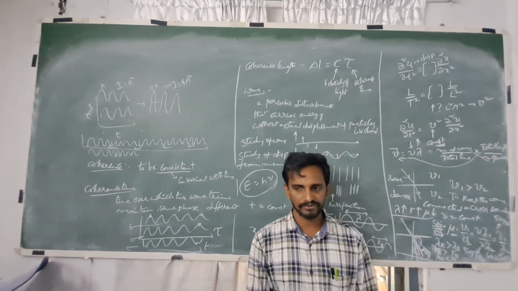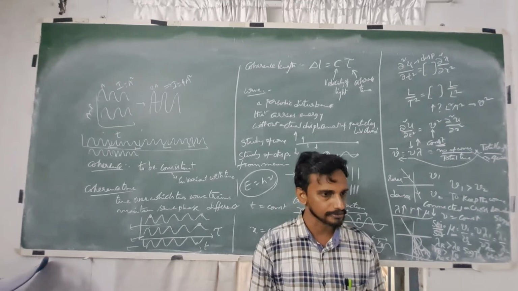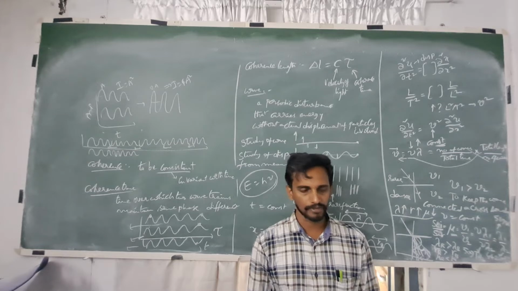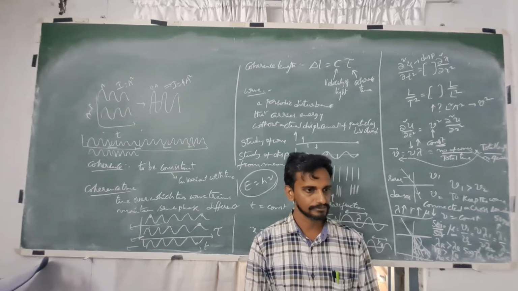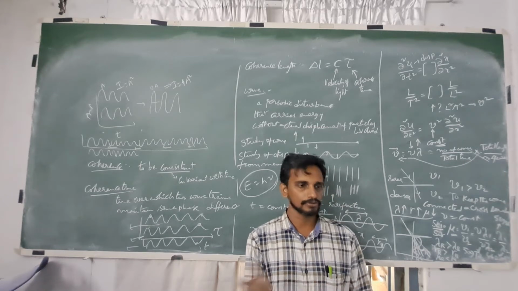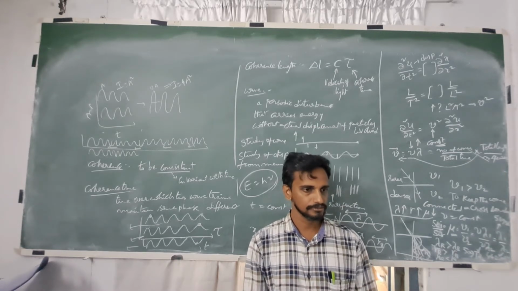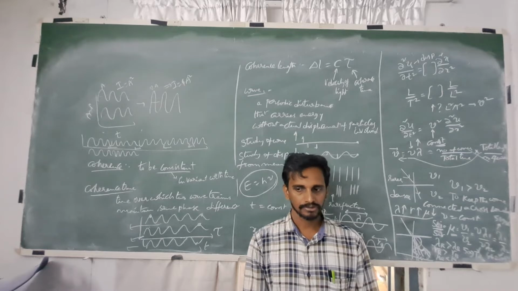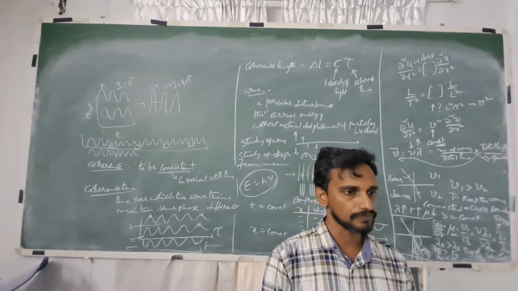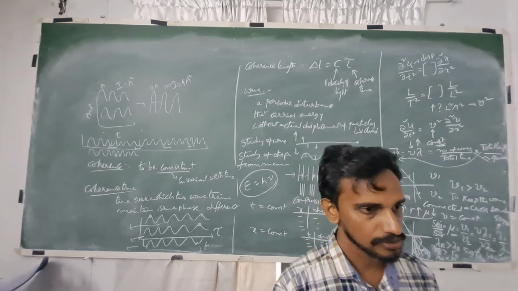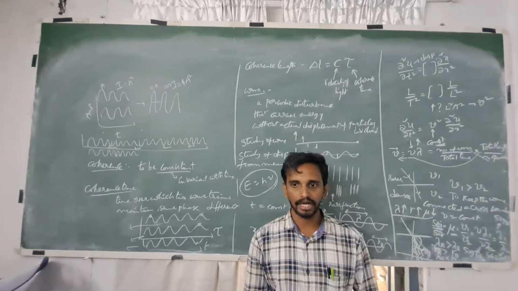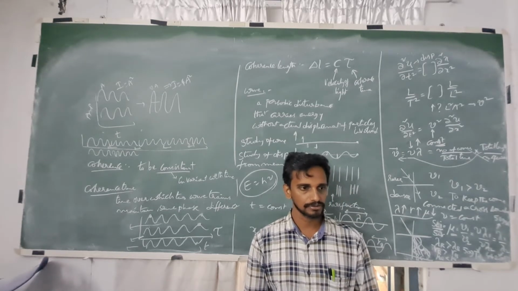But the refractive index is defined for yellow color, sodium yellow, because that was the only monochromatic source available at that time. So if we take a monochromatic source and see how much it bends, it is a single color. Sodium yellow was the only monochromatic light source available at the time of defining refractive index. So refractive index is defined for sodium yellow. It is not the average of colors. It is sodium yellow.